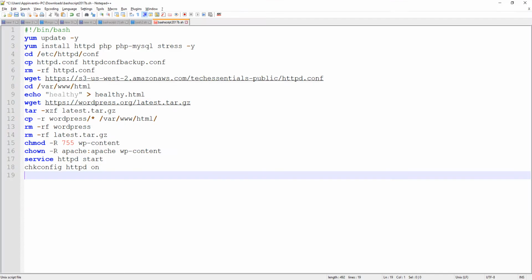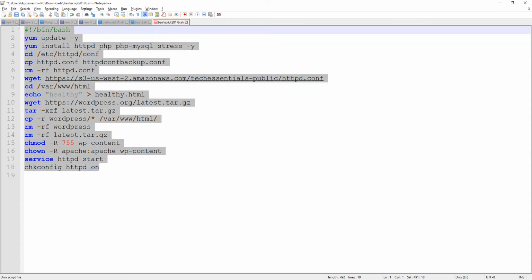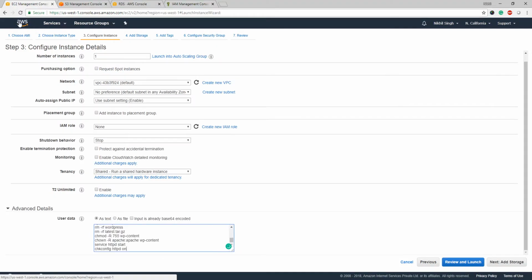So see, this is the code that I'll be using here. This is the bash script. So this script will be there in the description below. So you can use the same script to deploy this complete bash script, and this will work for this particular AMI. If you're using any different AMI, then make sure to have these commands run one by one so that you do not face any problem after the instance is launched. So I'll just copy it, come back here, paste it,